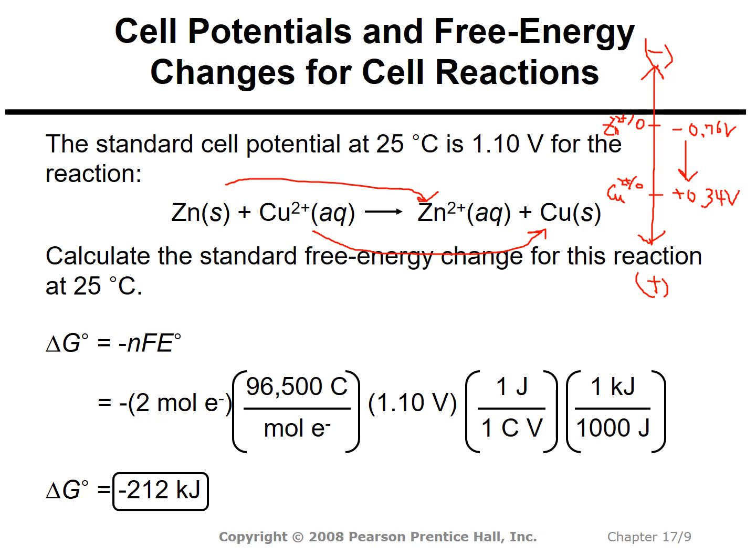So maybe this one minus this one is 1.1 volt, or this one minus this one is minus 1.1 volt. Anything is okay. So here is the question. Calculate the standard free energy change for this reaction at 25 Celsius degree. So delta G0